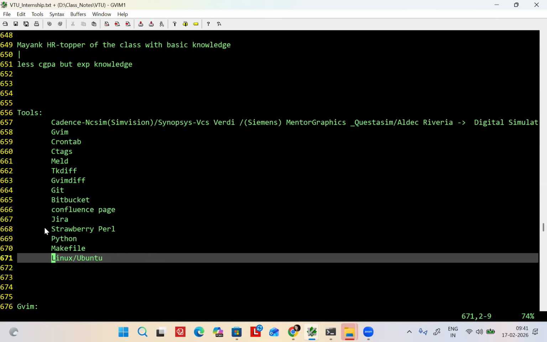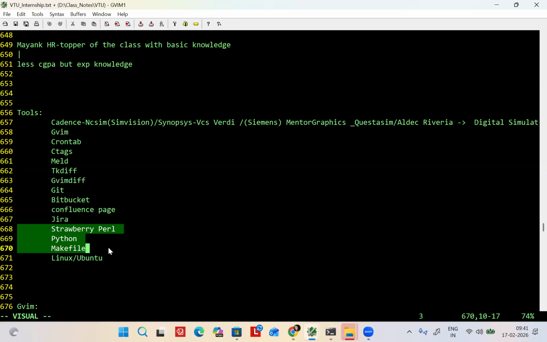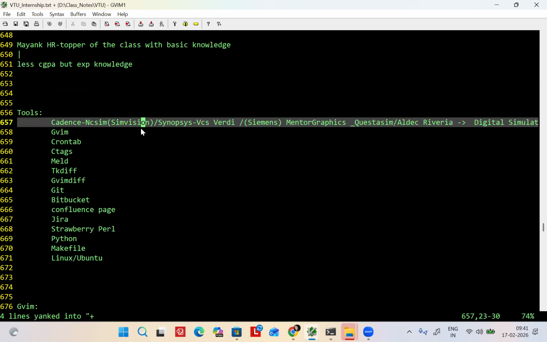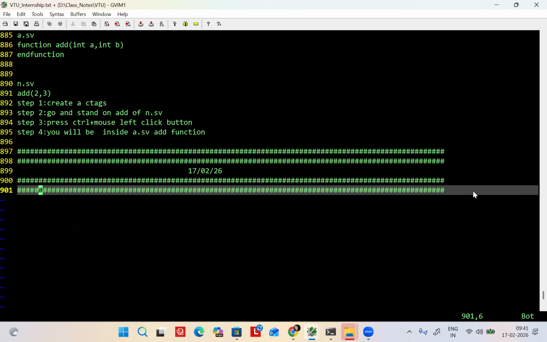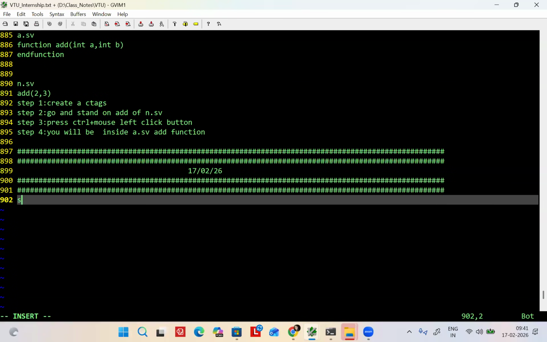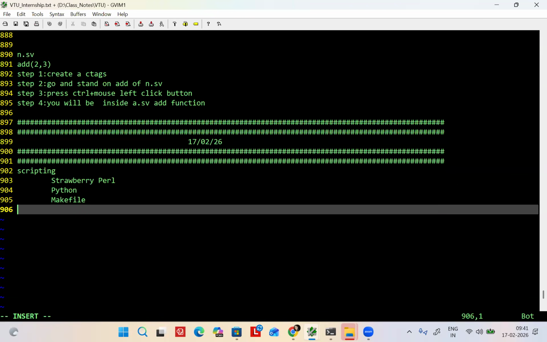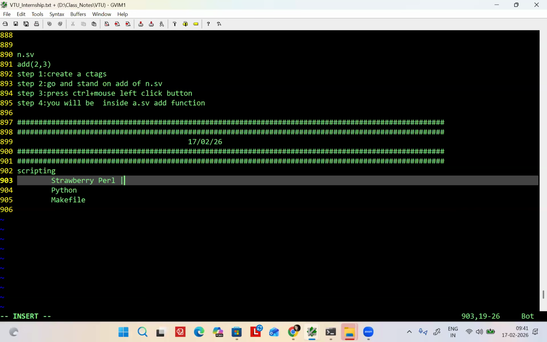These three are all a kind of script. For a Perl script, you will use what tool? Perl tool. Now I'll take these three: scripting. We can have three types of script.